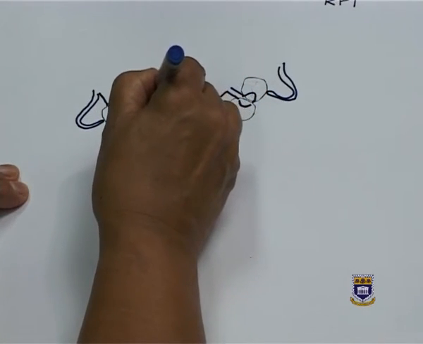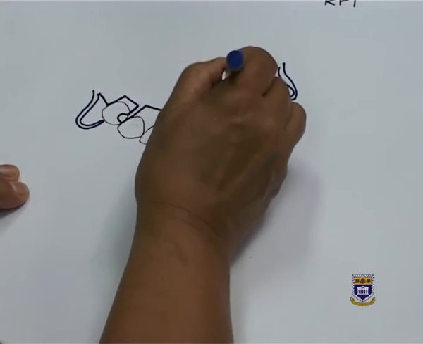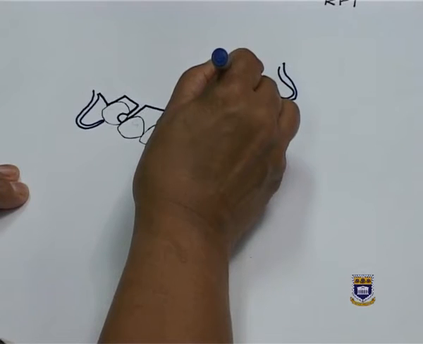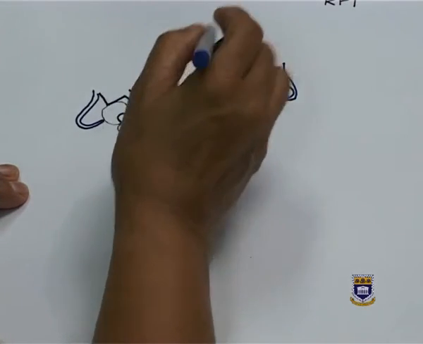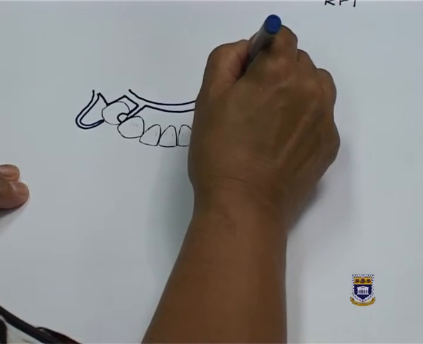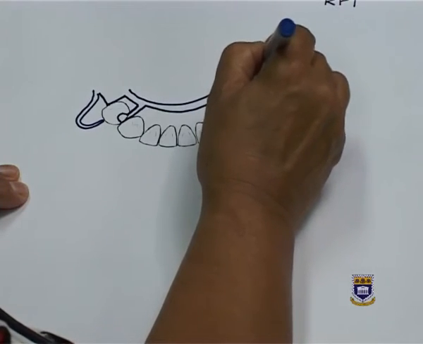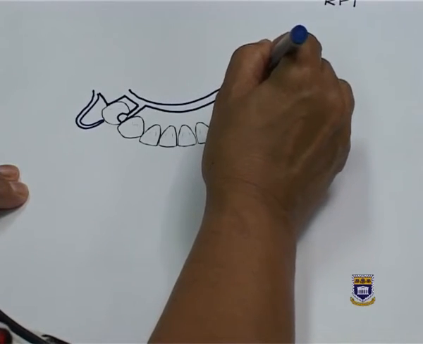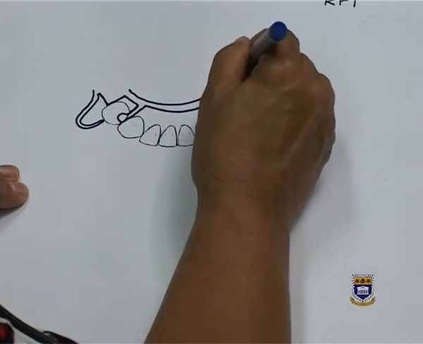I'm connecting my separate components, and I'm using a lingual bar. I've got my reciprocal arm, or reciprocation is provided by my proximal plate, my minor connector,